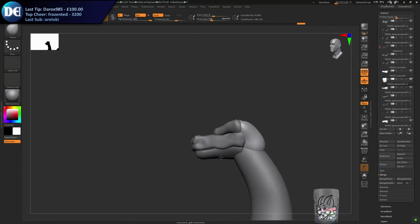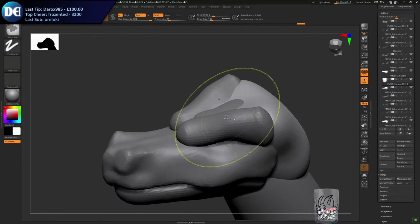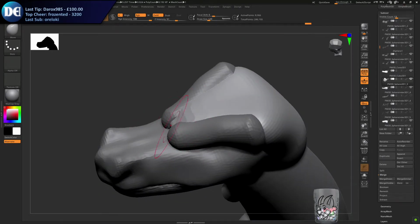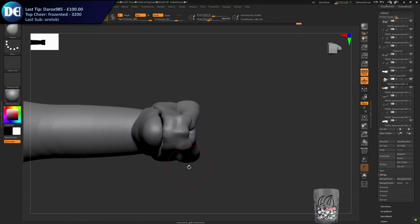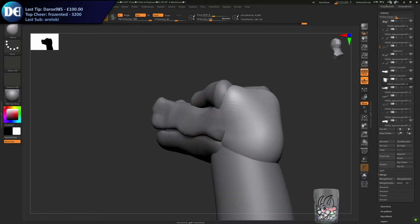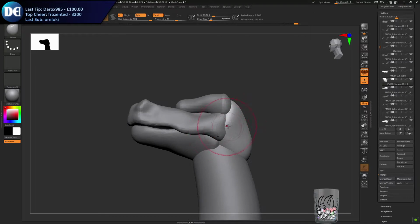Right. I think that is okay for now. It's still very, very simplified. But I think this is an okay stage for the head, and I can move on to something else, I reckon. Oh, whoops. Spinning a bit too much there. I will be smoothing it all out later on, don't you worry. But at least for the time being, as we're still at a very early stage work in progress, I think this is